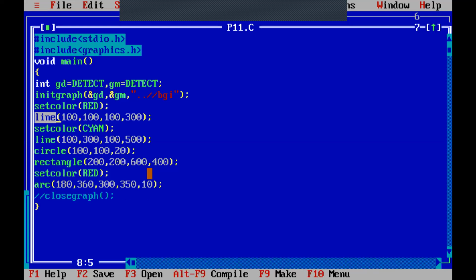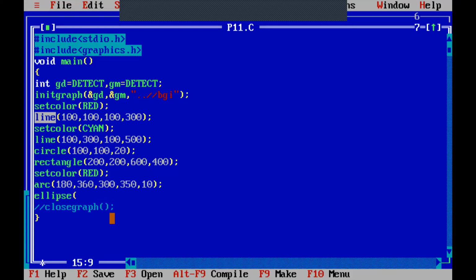So just make a right click on this line, or you can press F1 for getting the help with respect to that. So write down ellipse, and in the help menu you will get how many parameters are required to draw this ellipse.